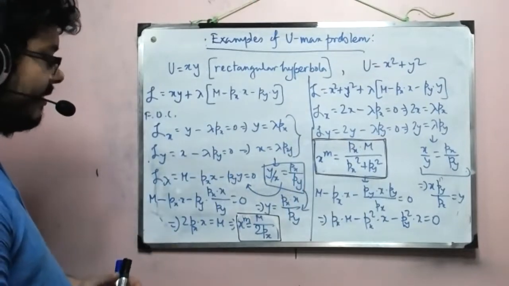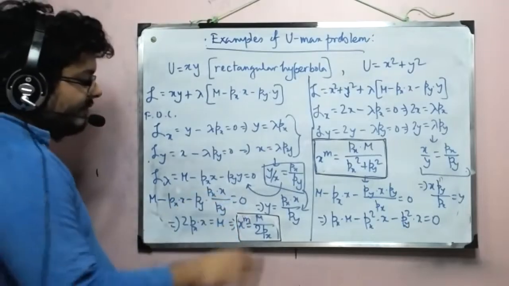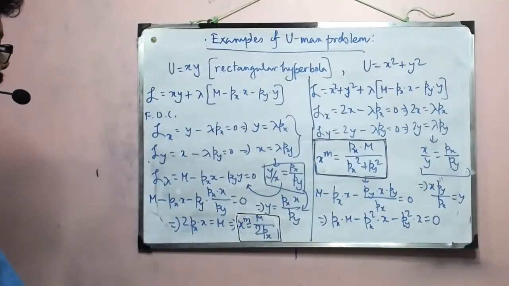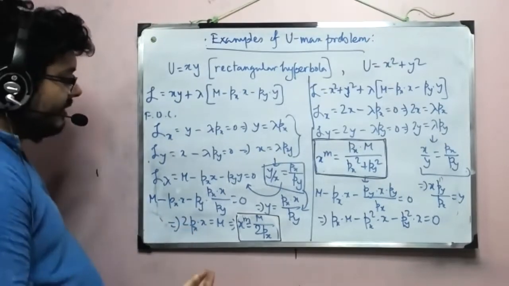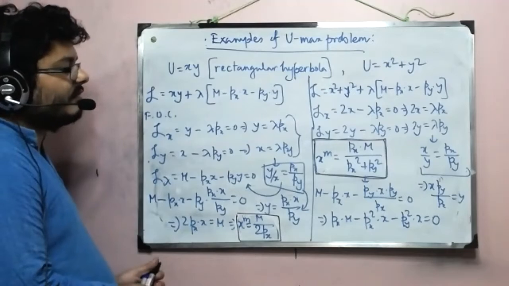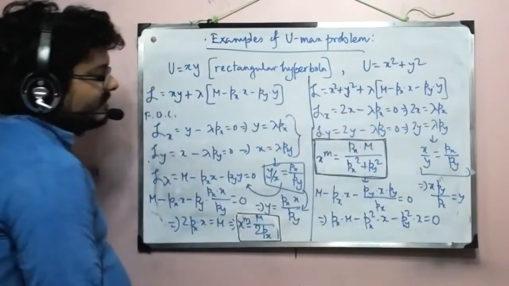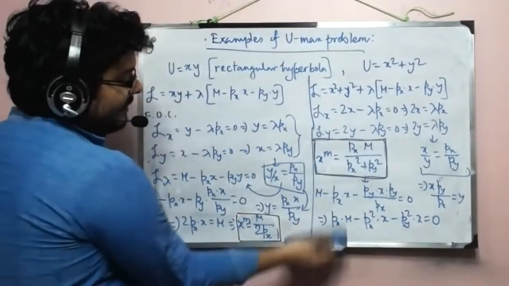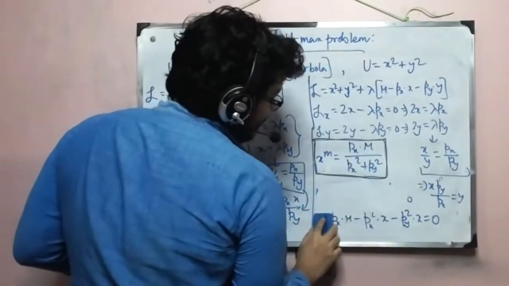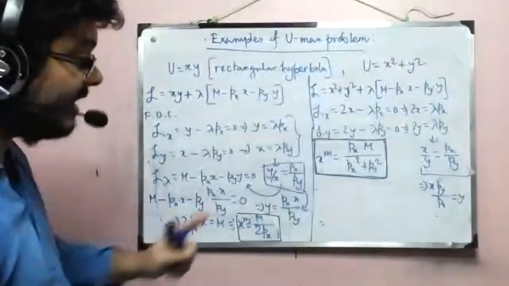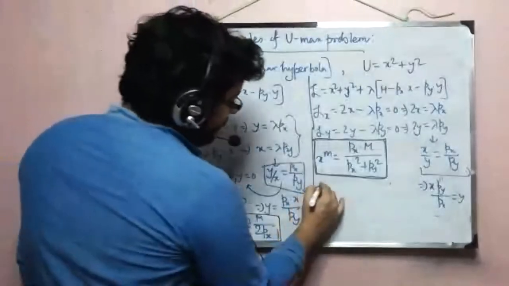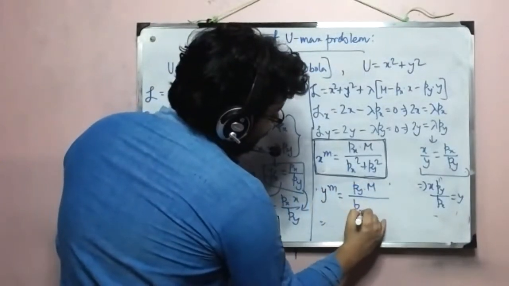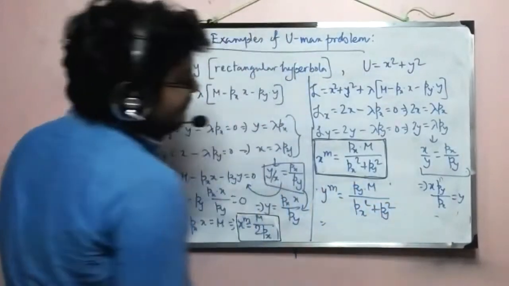Now, up to this is fine. So we have found some kind of optimization point, some kind of critical point. And if we use it to solve for y, as you can see, here x square plus y square, so we'll get the symmetric result. By symmetry, I mean the Marshallian demand function for y using the Lagrangian method will be y Marshallian is py into m by px square plus py square. So that will be the result for y here.